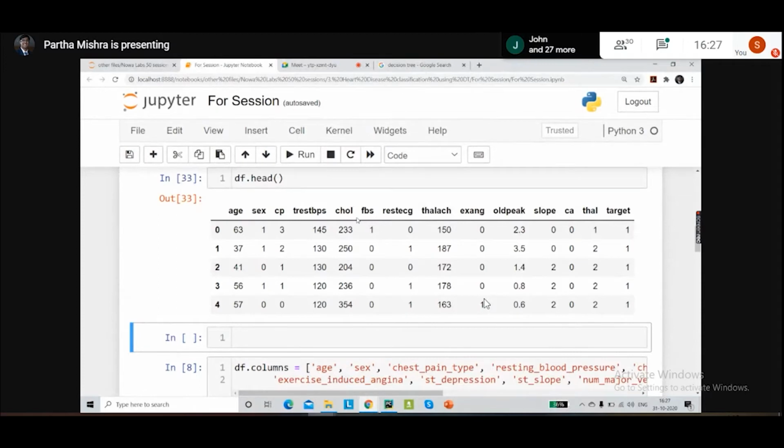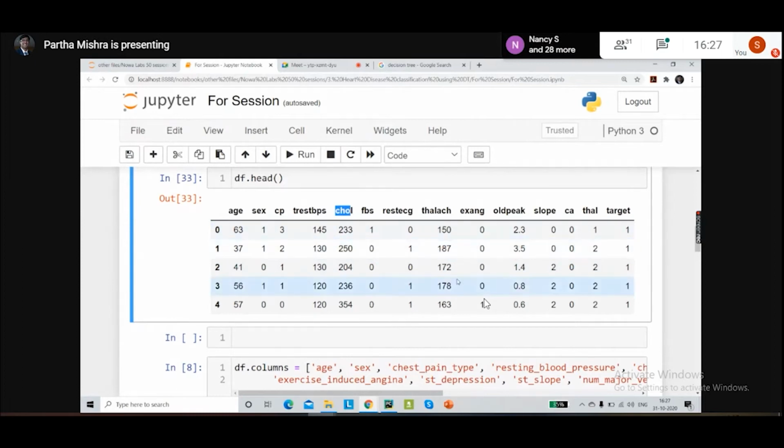All of them are medical terms, because all of these calculations have been done with respect to the heart. Taking the help of doctors, they have collected this data, and all of these are medical terms. So I can say this is cholesterol, and there are some other terminologies that we have.